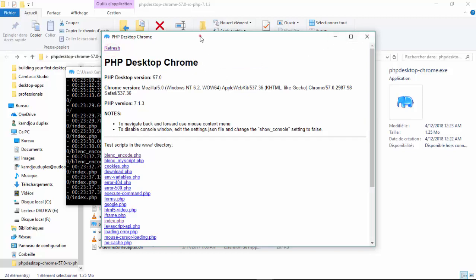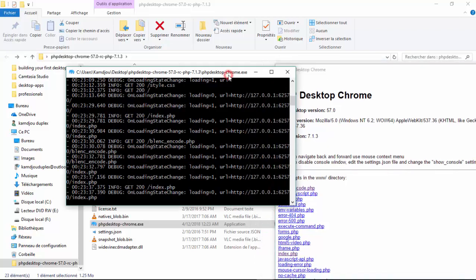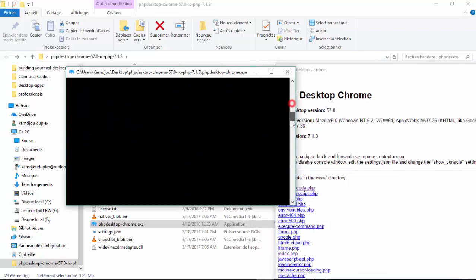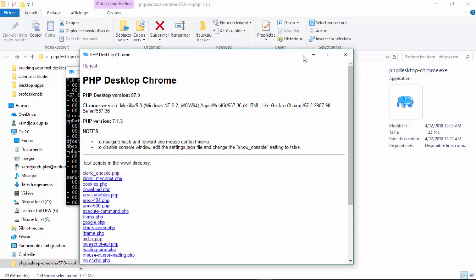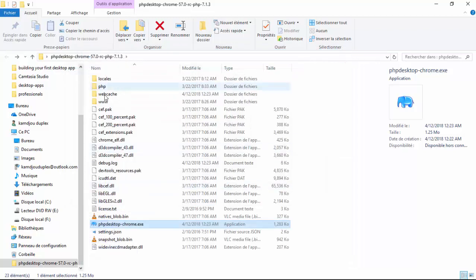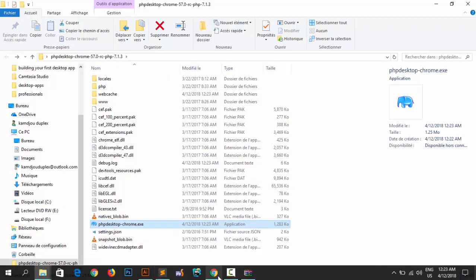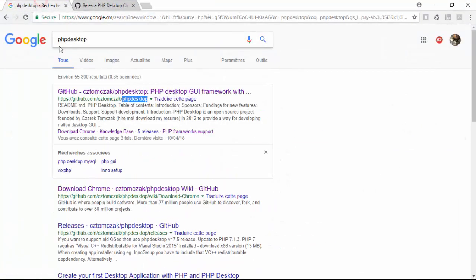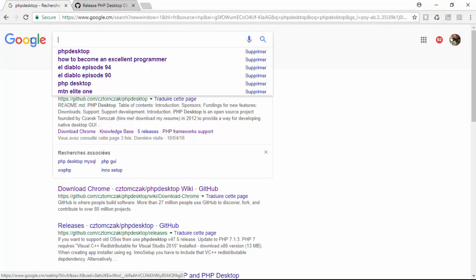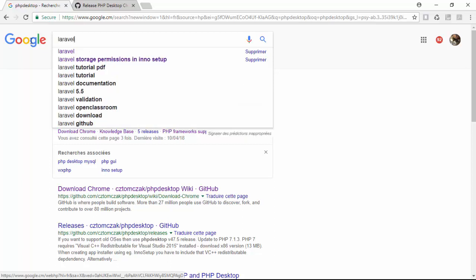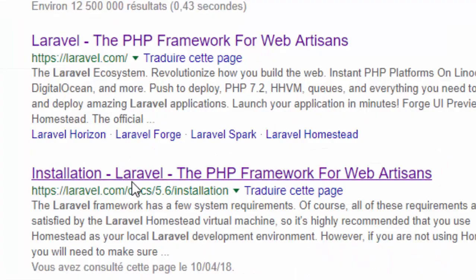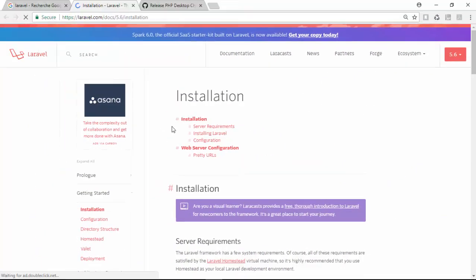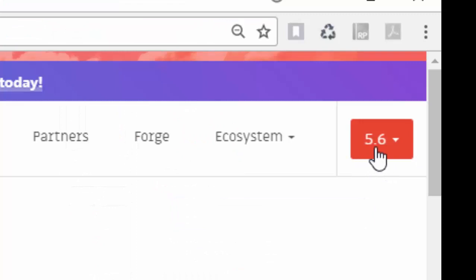It comes with a debugging console that allows you to log everything that's happening. In the debugging process we really need this, and it's very useful. Let's stop it and just go directly to the point. The next step will be to download Laravel. You just search for it, and we can go to the latest version of Laravel. You can see 5.6,